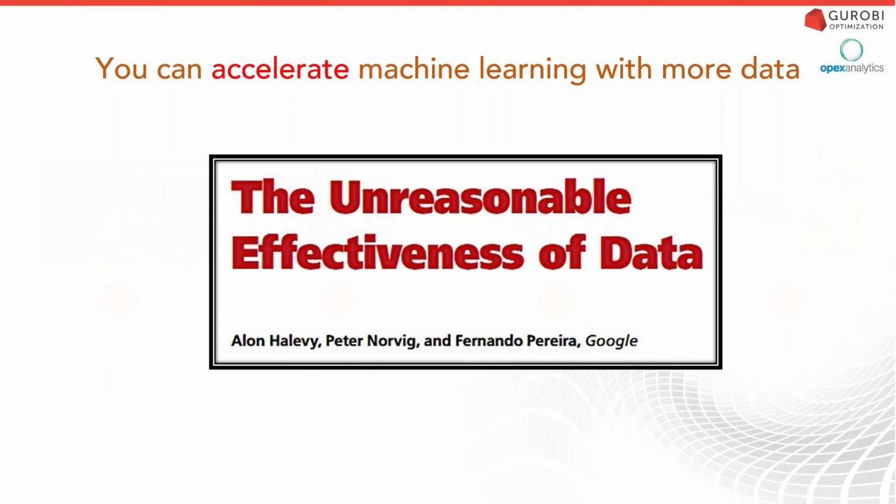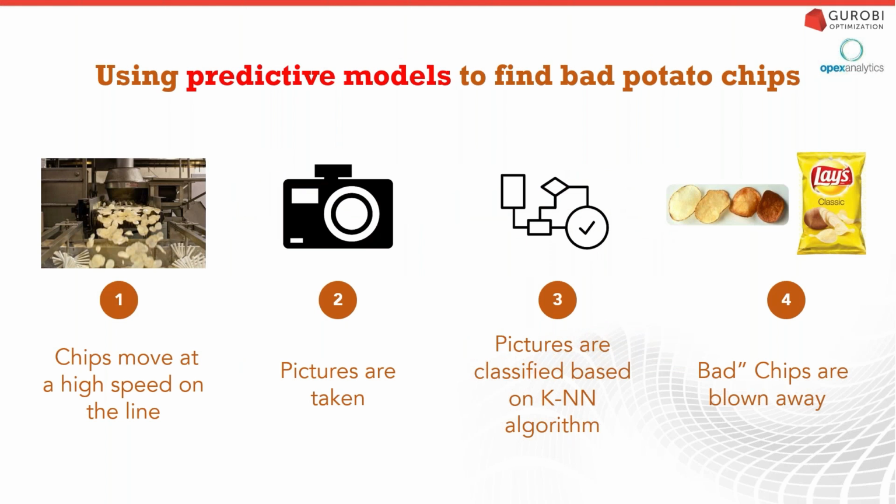So they thought, people have been working on language translation for a long time, and the algorithms were sort of stuck, and they weren't very useful. And what happened was Google figured out that if they could collect more and more data, so a couple orders of magnitude more data, the algorithms suddenly got a lot better. The same algorithms were performing much better, and this is what they call the unreasonable effectiveness of data. So this is how you can think about machines appearing to get smarter. As I can feed more and more data in, the algorithms tend to get better and better.